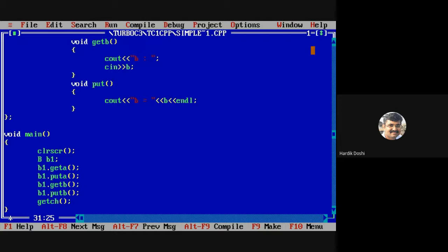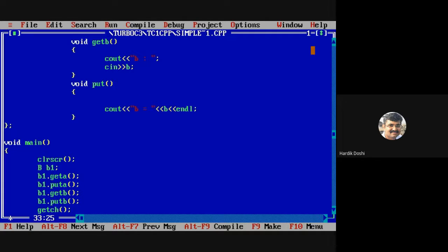Only put, not put B. And I am writing cout A is equal to A. Is it correct?